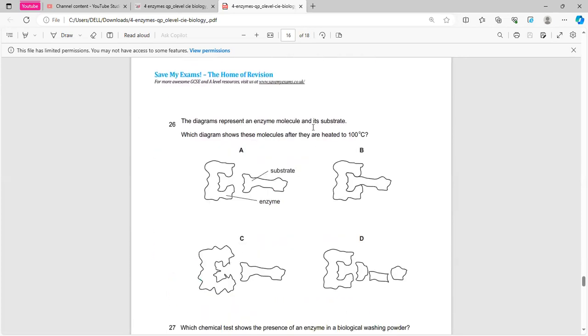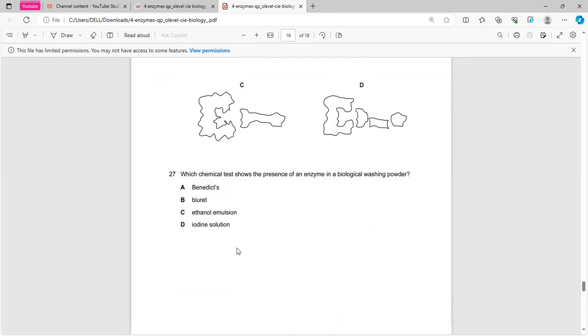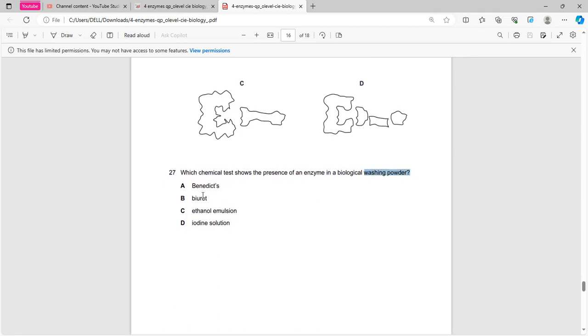100 degrees. Again, you need to note that the substrate never changes its shape, whereas only the shape of the enzyme is changed. So this is the original shape of the enzyme and the substrate. In B, C, and D, you can see that in B the substrate fits. The substrates cannot fit because the enzyme has been denatured. The best option is option C. Biological washing powder contains proteins and fats. So the correct option will be